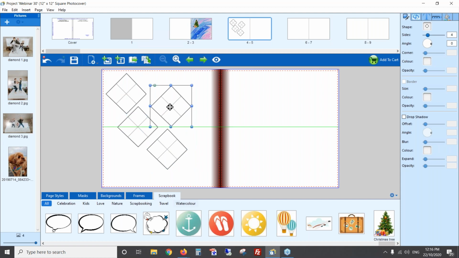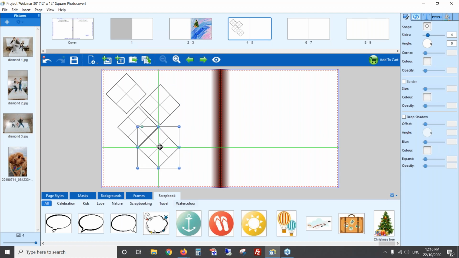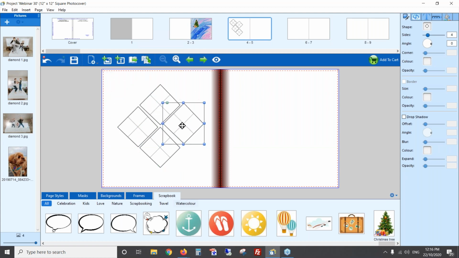So now all I have to do is somehow align them up. And it's not that simple. It sounds easy, but you can actually use your arrow keys on your keyboard if that helps. And then basically just align each one as well as we can. Okay, I haven't done a great job of this. You'll probably do a better job yourself. I'll try and align them a bit better. Anyway,